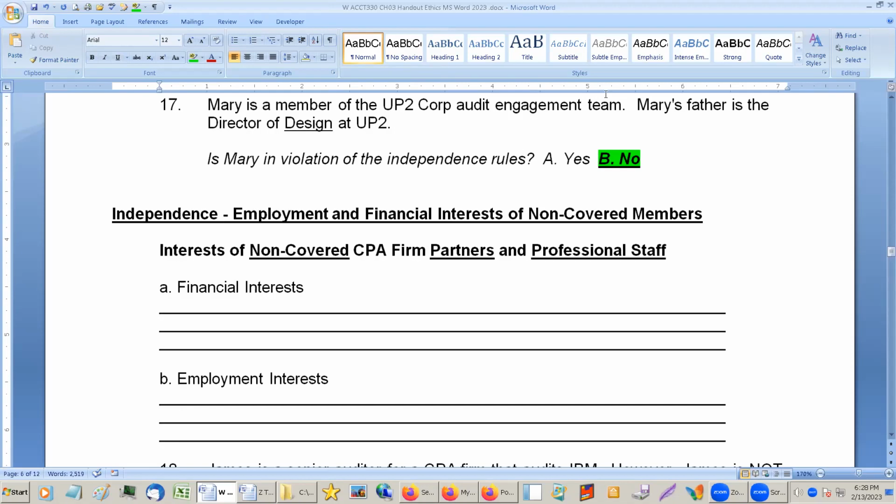And by the way, this is another one of those things that is a little bit controversial because somebody could be prohibited from doing an audit because of a family member. And obviously, if someone's a chief financial officer, they're not going to quit their job. But you've got to realize there's only a handful of jobs that are going to be key financial positions in most places. So even if someone was an operating manager that has 800 people working underneath them, if they don't have anything to do with finance, it's not a key financial position. And again, that's a new one because it used to be key position, now it's key financial position.